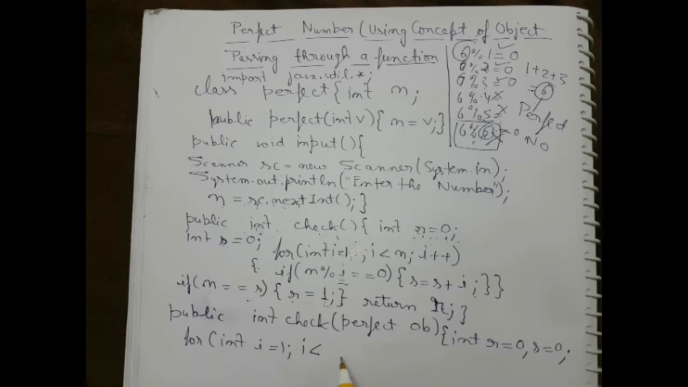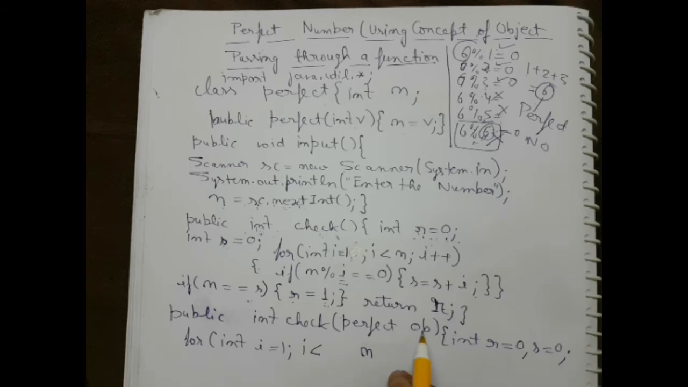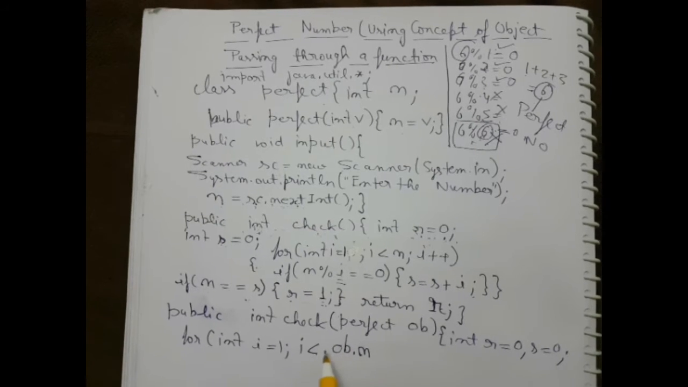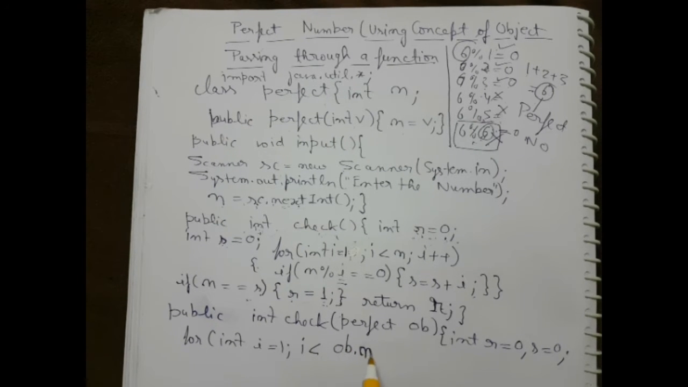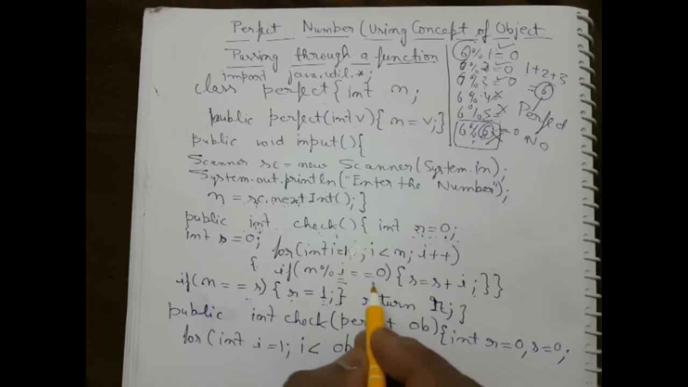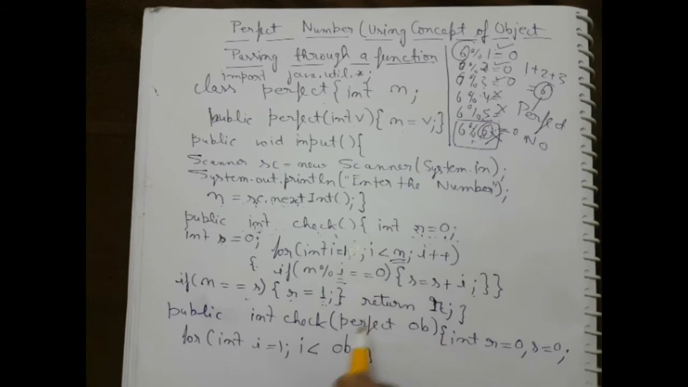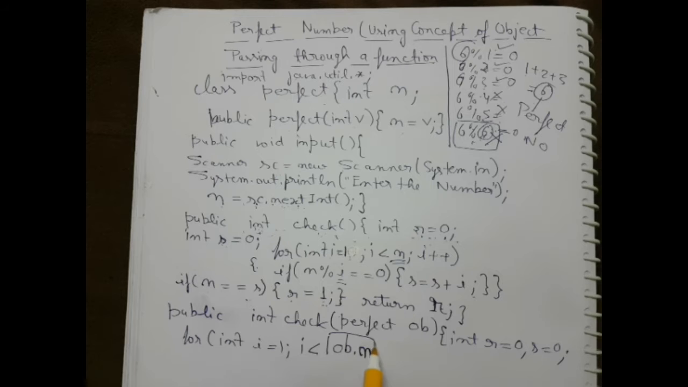Up to which number do I have to move? Less than the number. So n here will be of the object, so we'll write OB dot n. Just see the major area of difference. This is n, OB dot n. So here we write less than n, and here we write OB dot